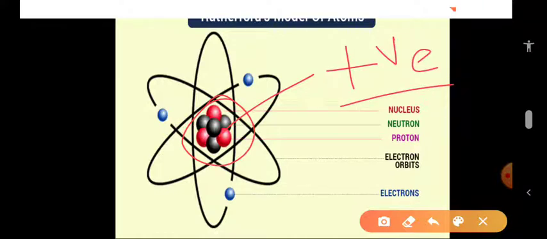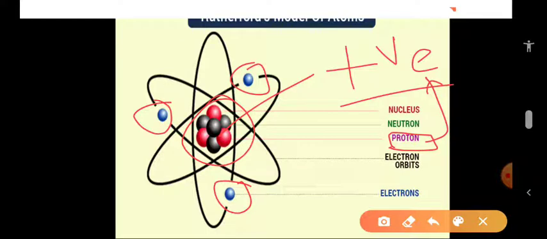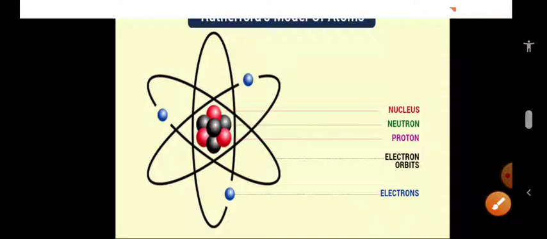And the name of these positive charges is proton. Proton is the positive charge which resides at the center of the atom, and electrons are roaming around the center, and that center is called the nucleus. Okay, and after that Chadwick found that one more particle is there at the center of the atom, called neutron. Neutron is neither positive nor negative, it's a neutral particle. So now we have three different particles.